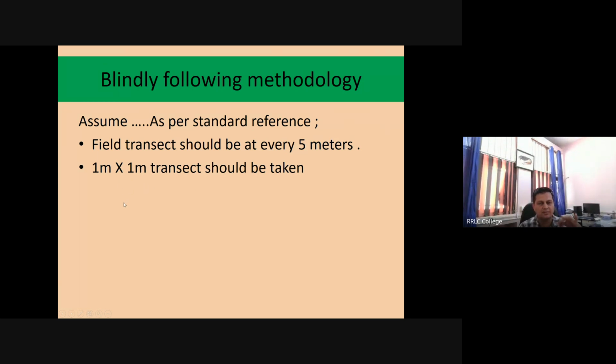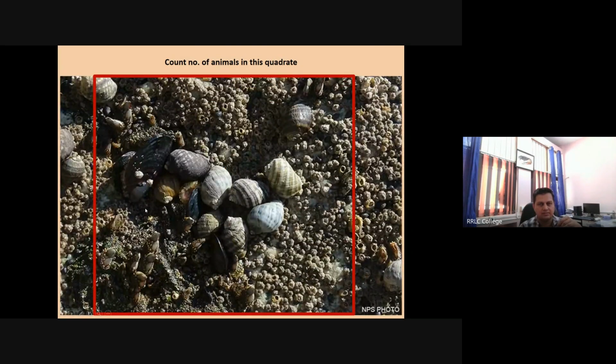If we fix this, can you tell the number of animals in this quadrat? Suppose this is a 1 by 1 meter quadrat. How many animals are there in this quadrat? So let me help you. I know you are hungry.